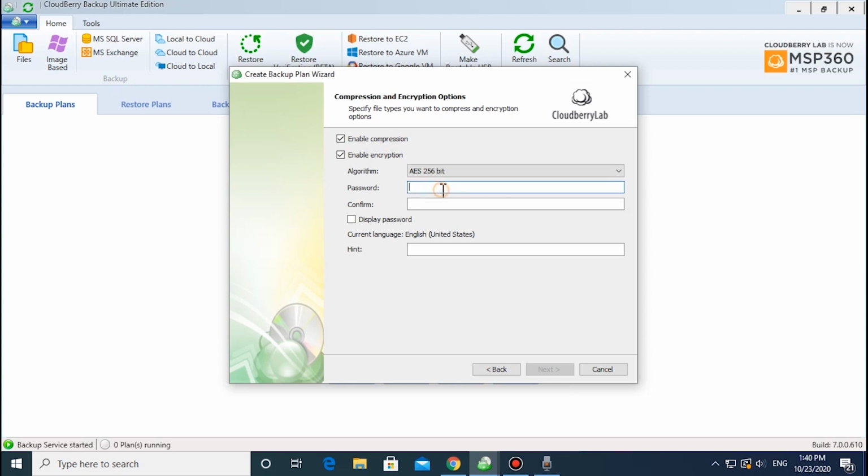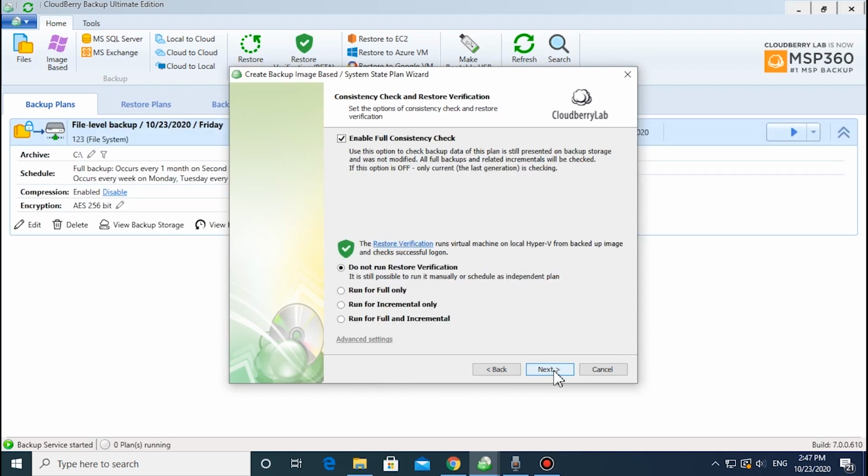On this tab, you can choose whether to compress and/or encrypt files in your backup to reduce the upload time, decrease storage space, and protect your backup contents. Cloudberry Backup supports AES encryption with key sizes of 128, 192, and 256 bits. In Cloudberry Backup 7.0, we've also added the opportunity to set up a password hint, which will be displayed in the event that you forget the password.